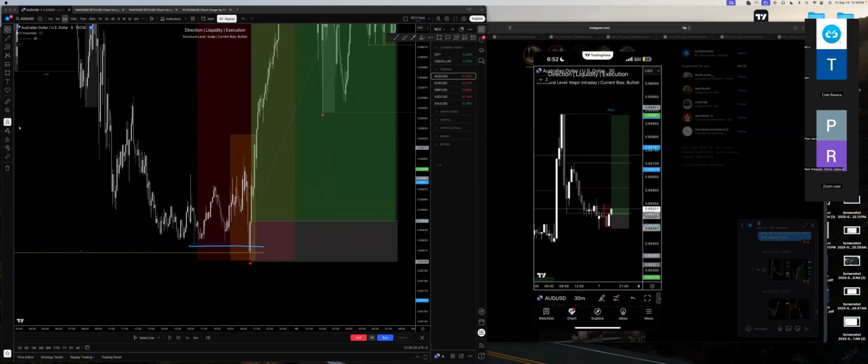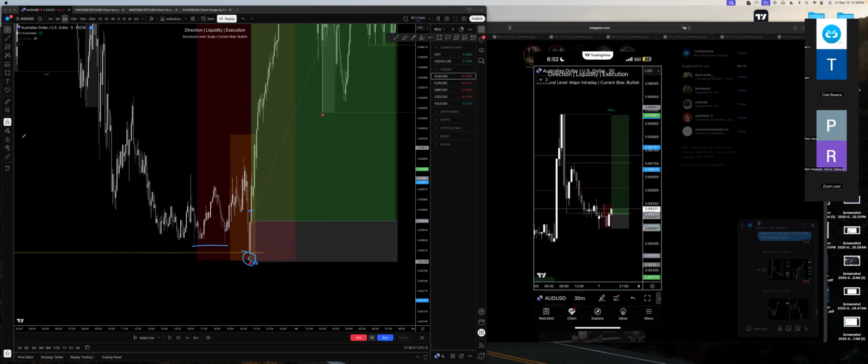So equal lows pretty much taken. We took out external low as well, and then we had the immediate engulfing on M5. But I don't want to consider this a high conviction setup. I just kind of went more so on intuition, just because we are sweeping lows. We're in my kill zone. We don't create any type of new low. We just sweep the external low, and we have the engulfing here. I believe this is so fast. I believe my entry was even around here.